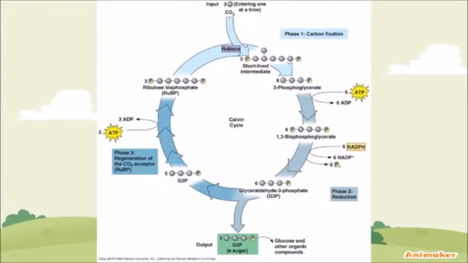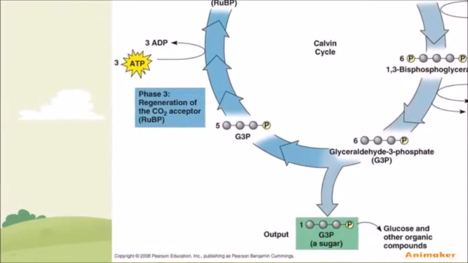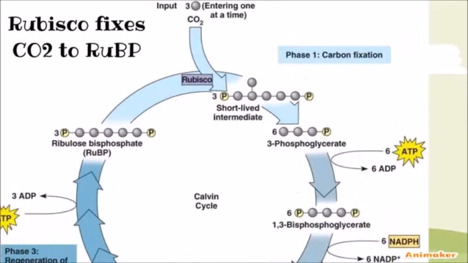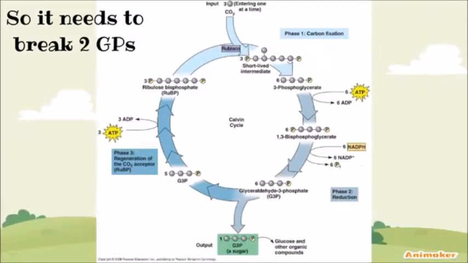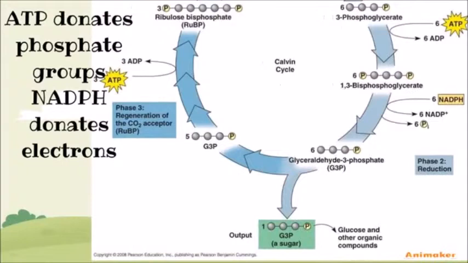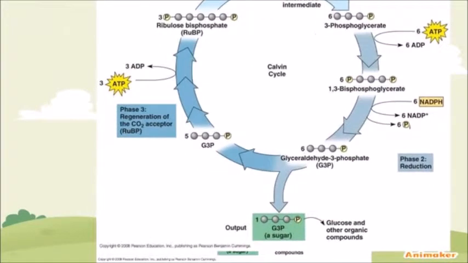To begin the cycle of glucose production, the process only has three small sections: carbon fixation, reduction, regeneration. Carbon fixation fixes CO2 to RuBP in a stable 6-C molecule, so it needs to break into two G3Ps. ATP donates phosphate groups, and NADPH donates electrons, making glyceraldehyde, which plants can make into any carbon compound, like starch, cellulose,